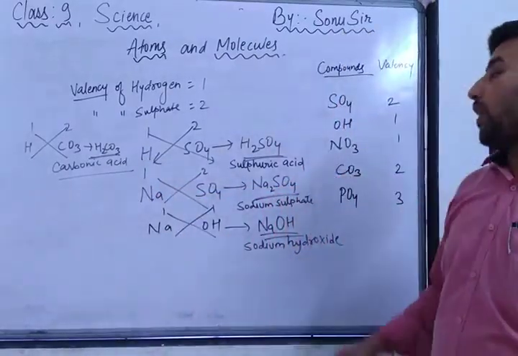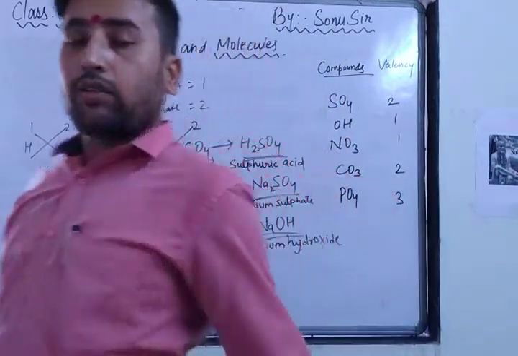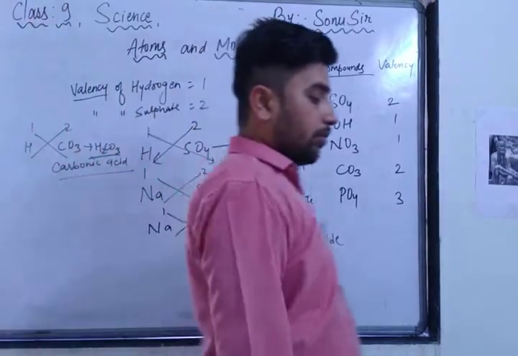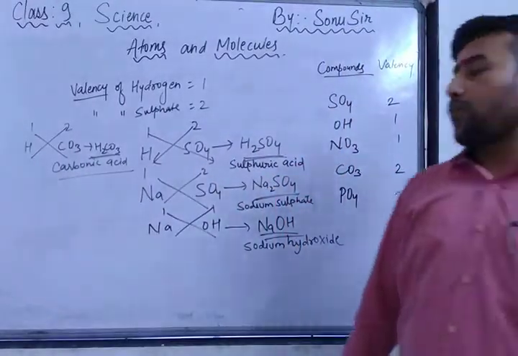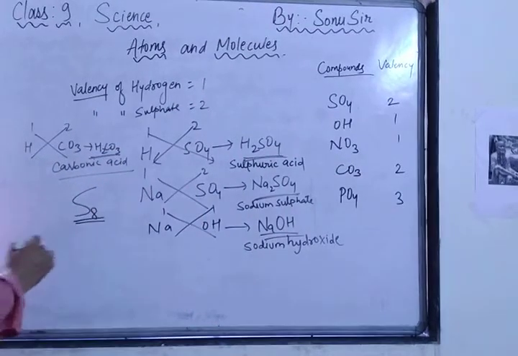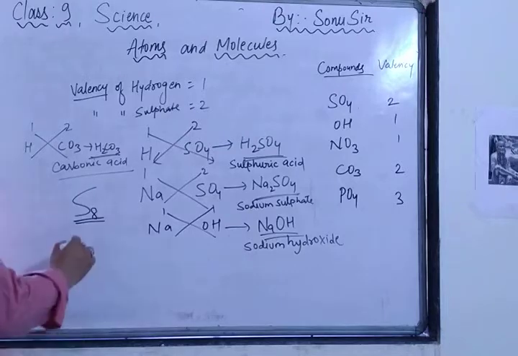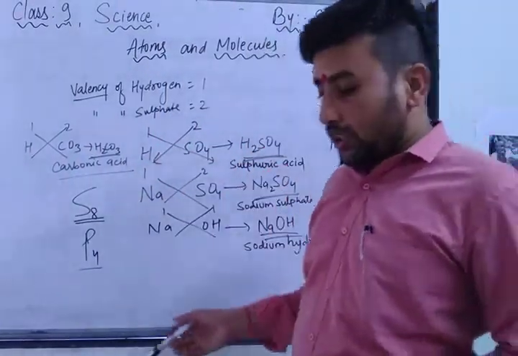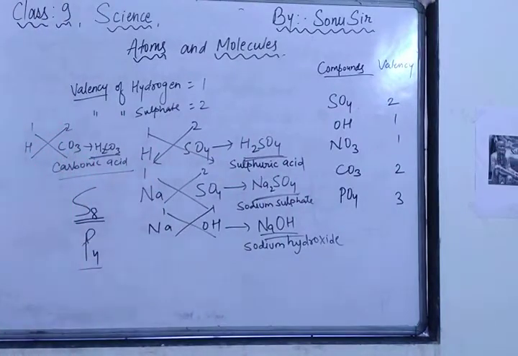So remember, dear students, whenever you get any compound's valency and you have to form a compound, use the same process as I used in the previous video, and you can write it. I also described atomicity in the previous video. The number of atoms in which an element exists is called atomicity. For example, sulfur exists in S8 form, so the atomicity of sulfur is 8. Phosphorus exists in P4 form, so P4 is the atomicity of phosphorus. So remember, the number of atoms in which the element exists is called the atomicity of that element.